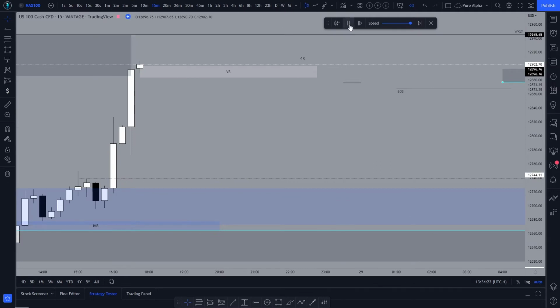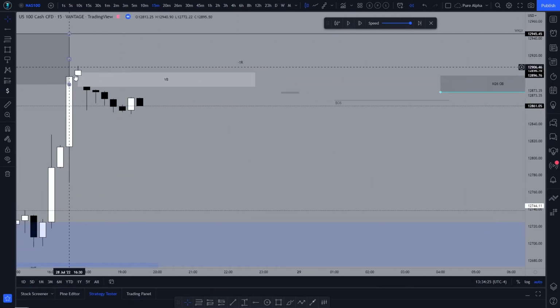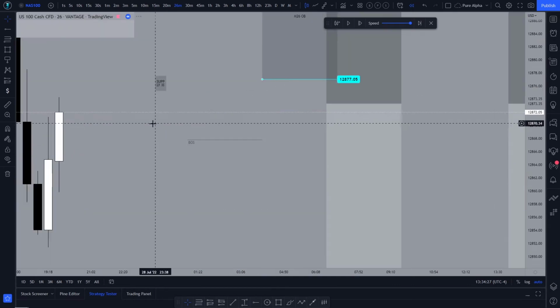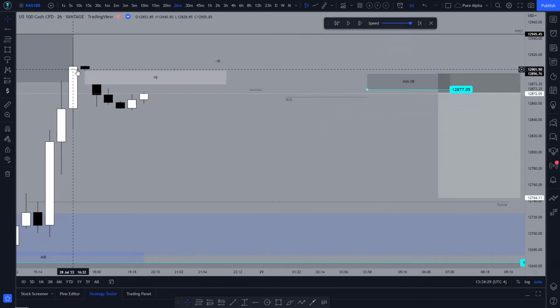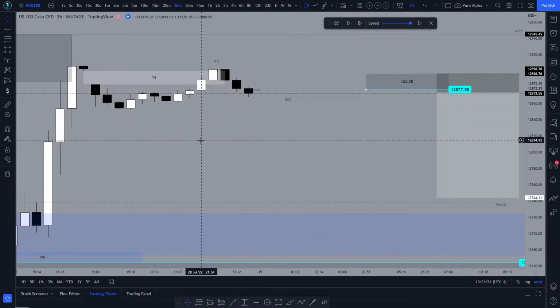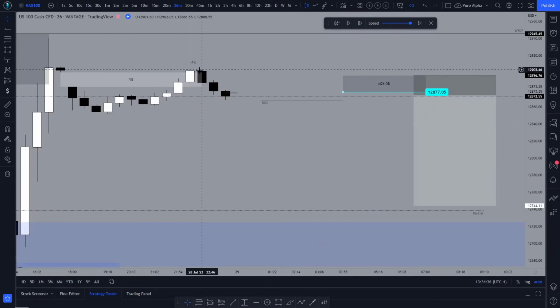Market closed around this time. Market proceeded to open and left behind a vacuum block. This is just a gap within the market. Notice how we left this right over here. Price came up into the vacuum block, actually had an entry confirmation within here, took the trade and actually lost this trade. So I ended up with a -1R over here. And this is just going into transparency, to show you guys what not everyone likes to show. So I was involved in this trade before and took a -1 over here. So all fine, just keep in mind that I did lose a trade over here.